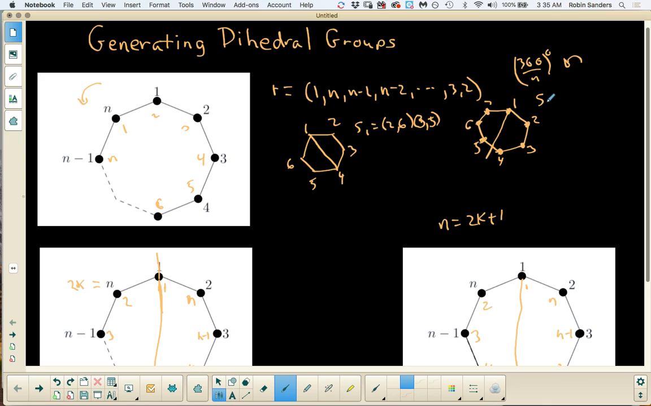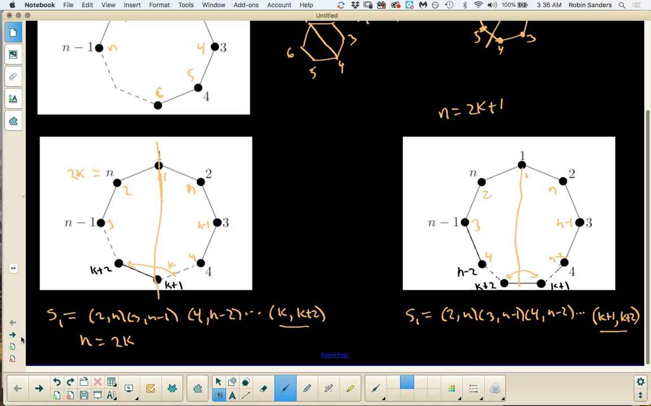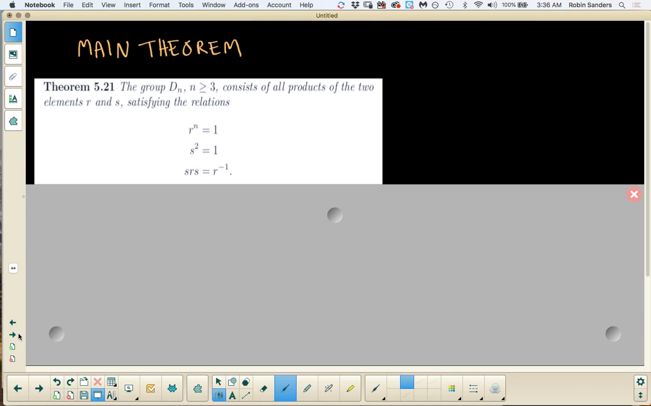And so the S1 flip would be the permutation 2 goes to 7, 3 goes to 6, and 4 goes to 5. And so you start with 2 goes to n, and 3 goes to n minus 1, and you just keep going until you run out. Now, the thing that we want to look at in this particular notebook is the following